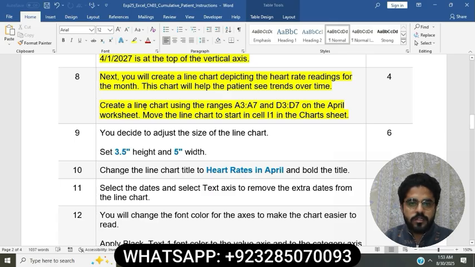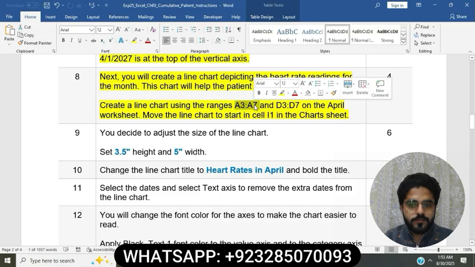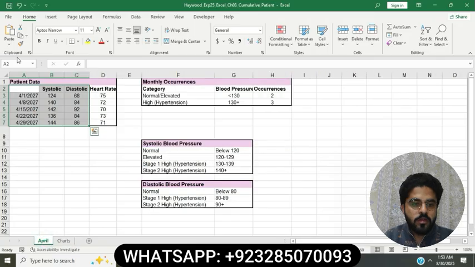Create a line chart using the range A3 to A7 and D3 to D7 on the April worksheet. Move the line chart to start in cell I1 in the chart sheet. Basically, in this question you will have to create a line chart using the range A3 to A7 and D3 to D7 on the April worksheet. Now move to the Excel workbook and then go to the April sheet and select the range A3 to A7